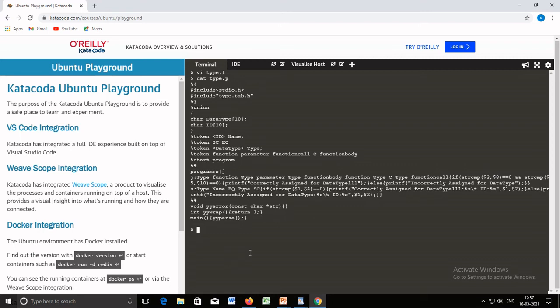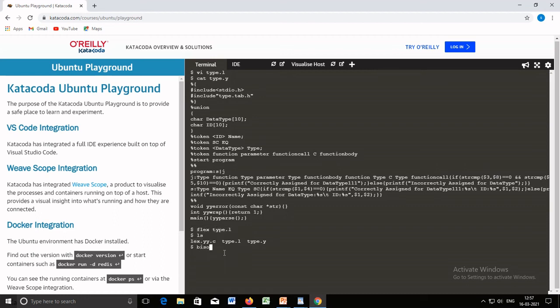Okay. Now let's execute the command flex. Name of file is type.l. Then bison -d, here you are giving the type.y file. Now let me show you before executing this. You have type.l, type.y, and lex.yy.c. This file is created as an effect of execution of the flex command.